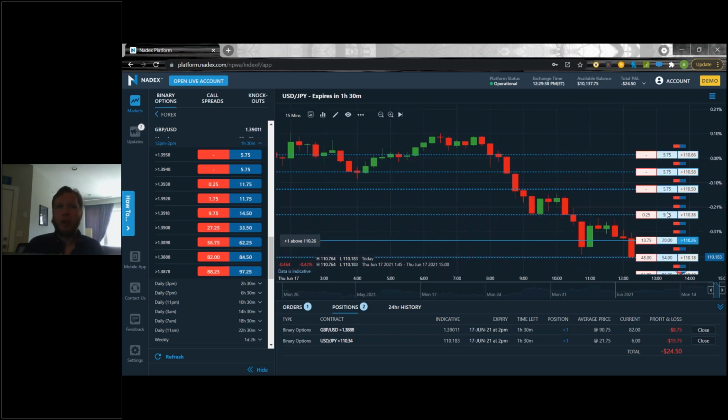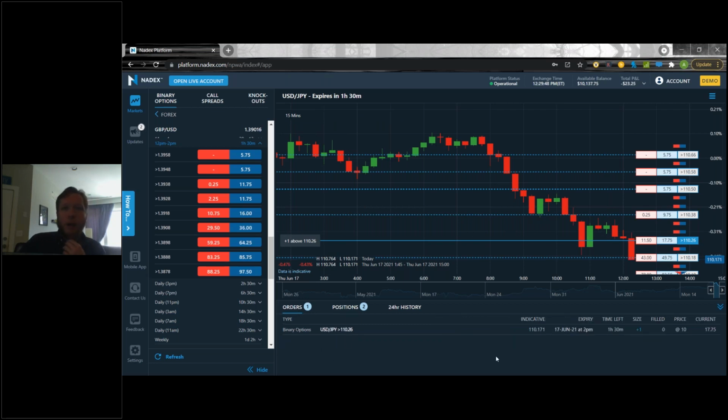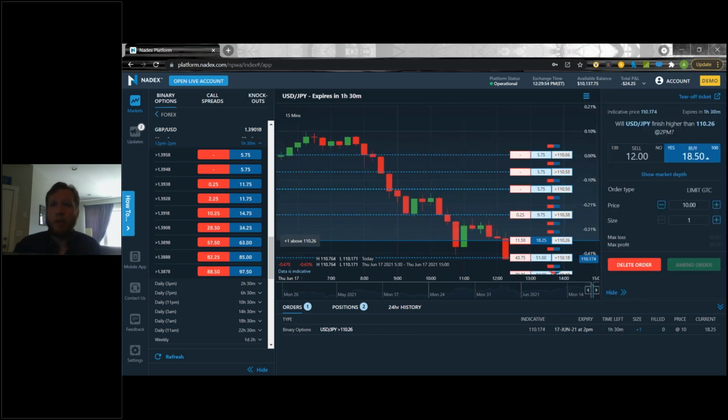Just because we know in the past maybe that wasn't the most clear thing on the platform, how to actually exit that contract. Going over to our order tab, this is the order I put in early. It's going to be very similar to your positions tab. The only thing that's different, and I'll go over this order ticket that I just brought up, is that you still see the indicative and the expiration. You have the size, and then you have the number filled.